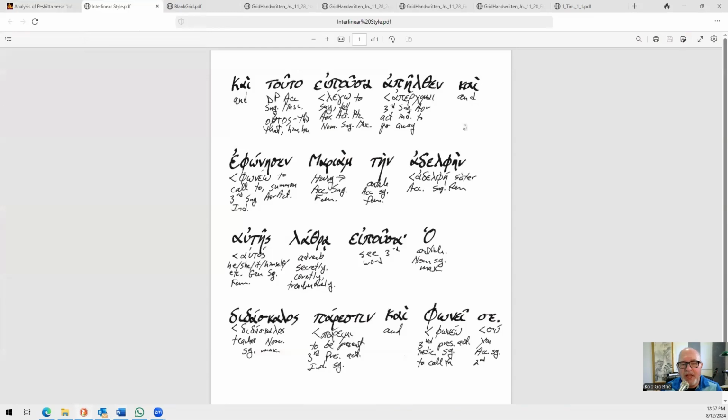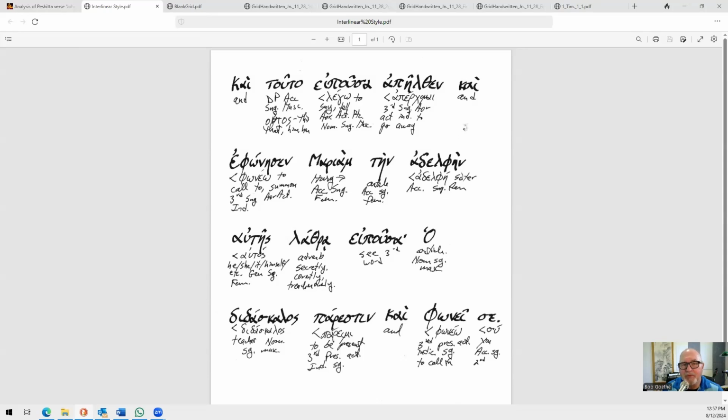Now, for the previous several decades, I'd been using a worksheet format based on what I had seen in interlinear versions of the New Testament. Now, the disadvantage of this style of worksheet is that the relationships between words in different parts of the sentence don't really jump off the page at you. If you had, for instance, a genitive absolute, genitive participle here, several words, and then a genitive noun, the connecting link between these two words was not all that clear to me. Further, I didn't find this worksheet to be much of a catalyst for memory